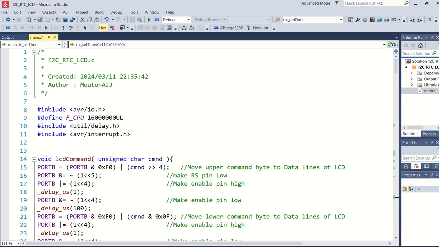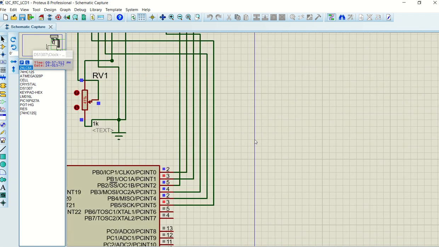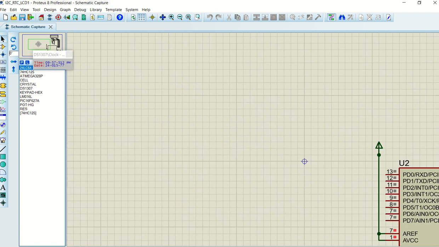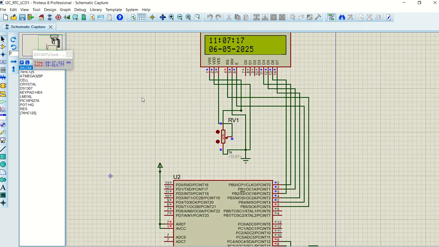As I've said, I'm not going to explain the LCD part. In some of my other videos, which I've also got on YouTube, you can go and look at those videos. They will explain how this LCD is working. You can compare this LCD with the connections that I've got here. So this is how I've connected this LCD display. The program is written according to these specific connections.